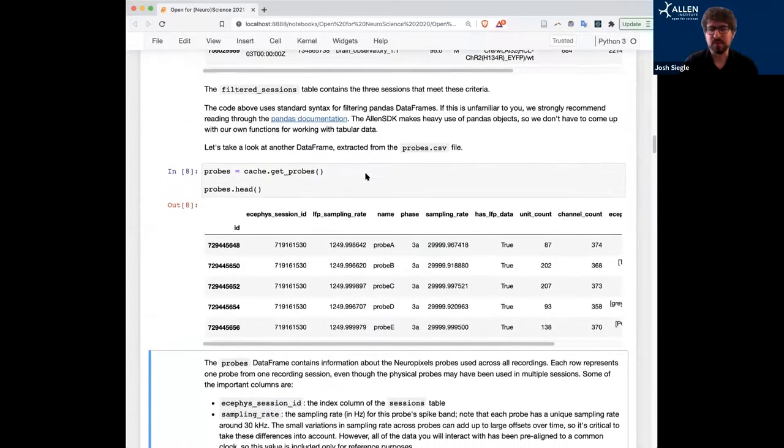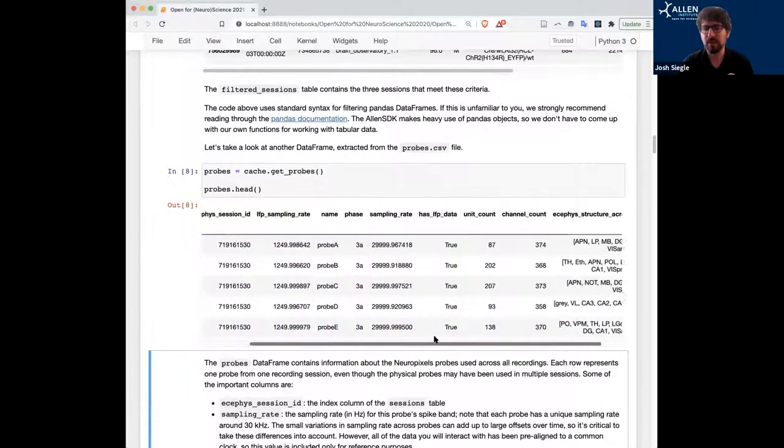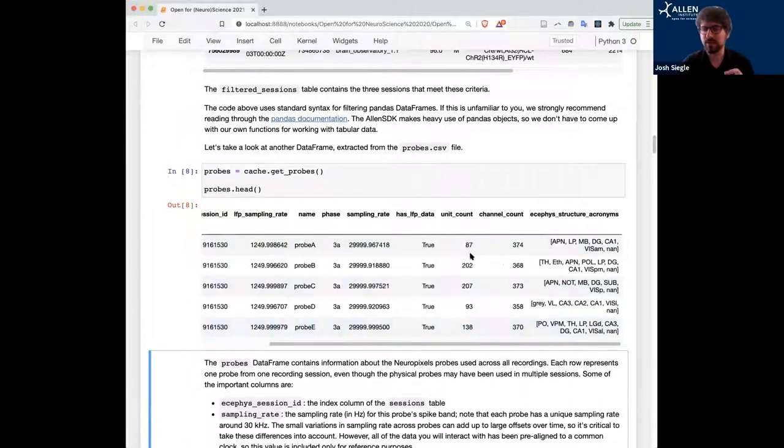So yeah, this is a table of all the probes that were used across all experiments. Some may actually be the same physical probe that's used in multiple experiments, but within each experiment, the individual probe gets a name, probe A, B, C, D, E, or F. And you can see the total number of units that were recorded by each probe, and which probes were in